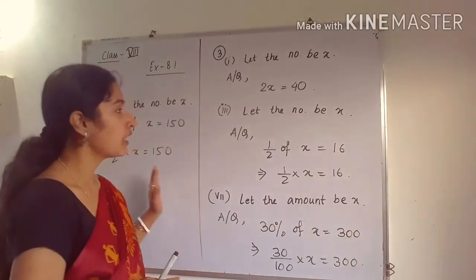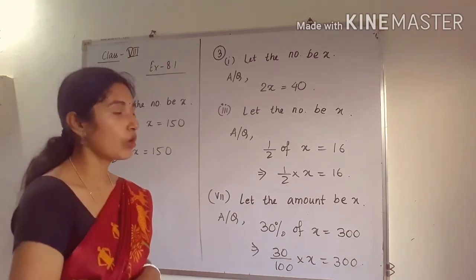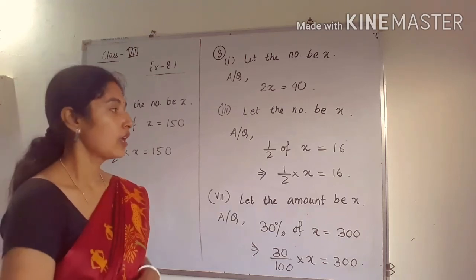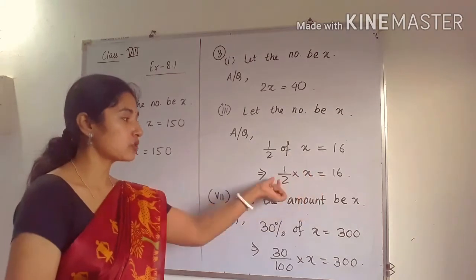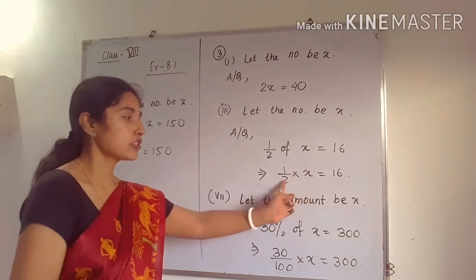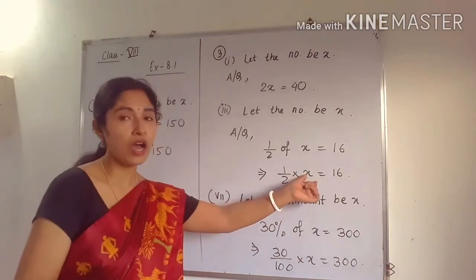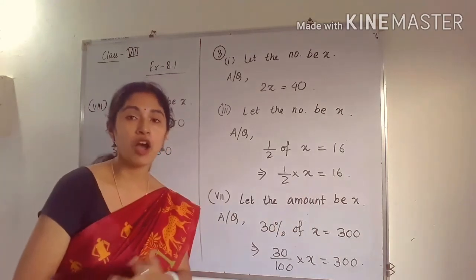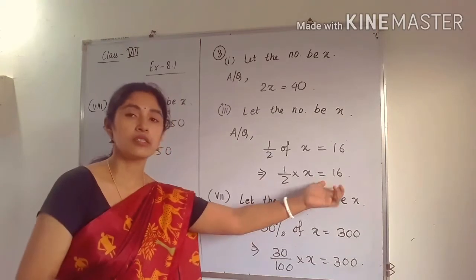Okay. Similarly, number 3, it is given that half of a number is equal to 16. So you have to take that number first, so let that number be x, and half of that number means half of x. Of means you have to multiply, so half into x will be x by 2 is equal to 16. Which number will you take and do half to get 16? That number will be 32. If you do half of 32, you will get 16. So you can check the answer, x is equal to 32.